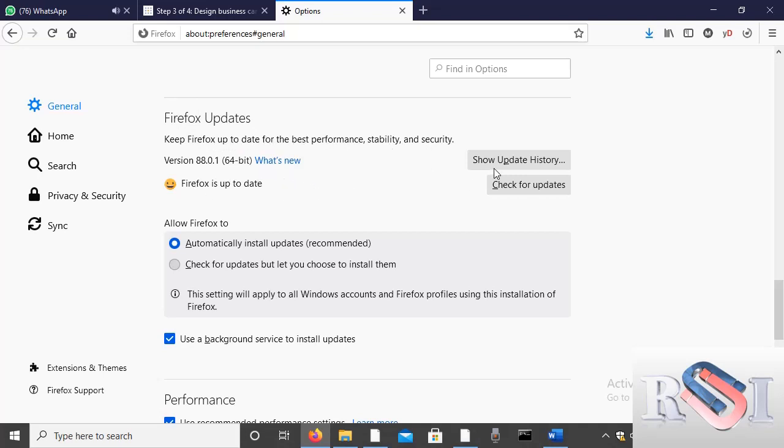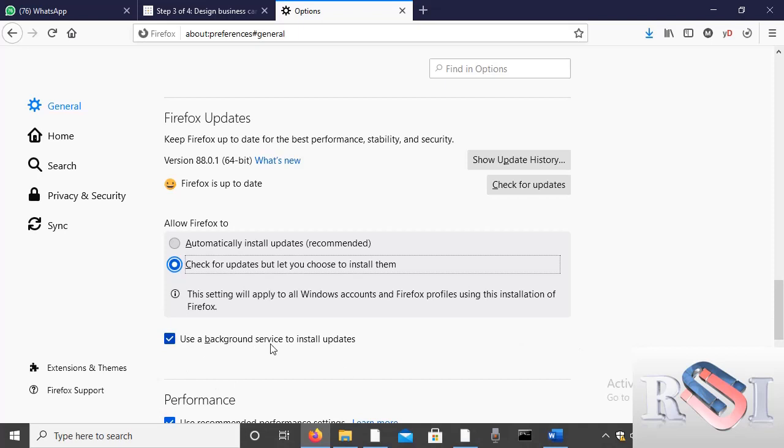Okay, that's fine. Let's not do anything here. Allow Firefox to automatically install updates, recommended. This one they say is recommended, but if you don't want that, you can just change it. Check for updates but let you choose to install them. Yeah, now I want that. I want to see if I do want to install it, because this version to me is fine.